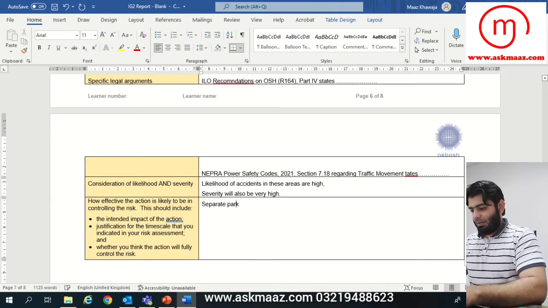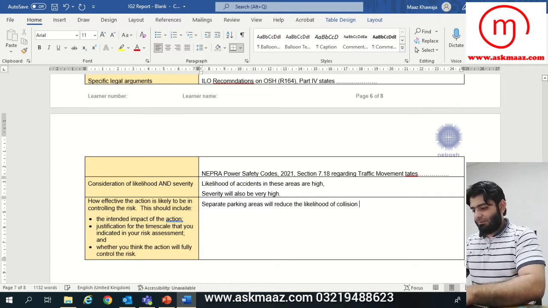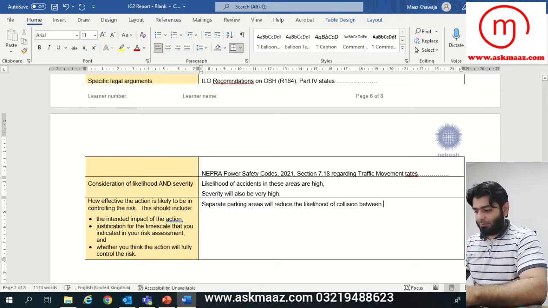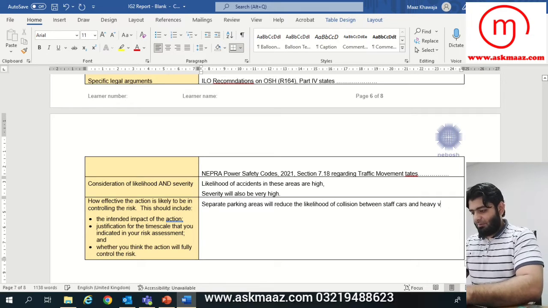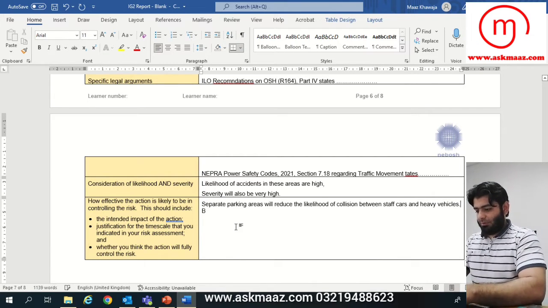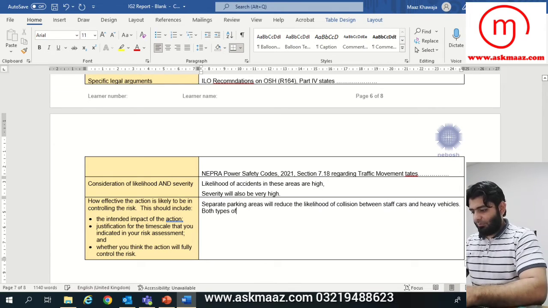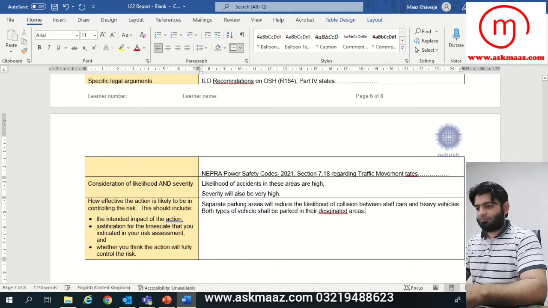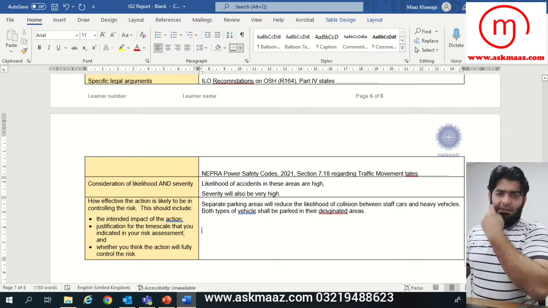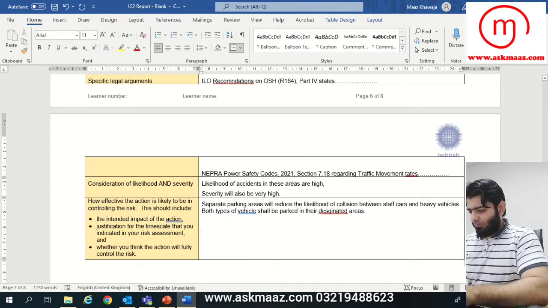Separate parking areas will reduce the likelihood of collision between staff cars and heavy vehicles. Both types of vehicles shall be parked in their designated areas. And similarly I'll support my other control measure, that was